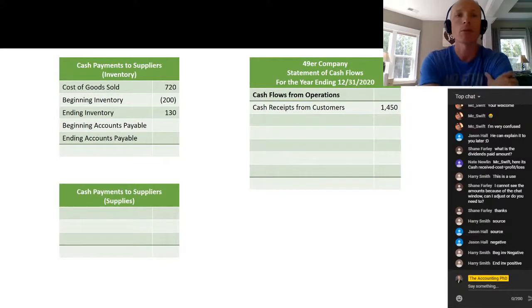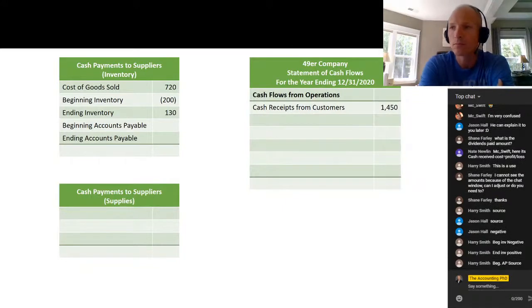How about accounts payable, beginning and ending accounts payable? The fact is, I can buy inventory on account. So we need to make sure we adjust for any inventory that may have been purchased on account, or other purchases that were made on account, as well. We're just going to use them here. Beginning accounts payable is a source, so I think you're saying the beginning is a positive adjustment. And then the ending accounts payable,